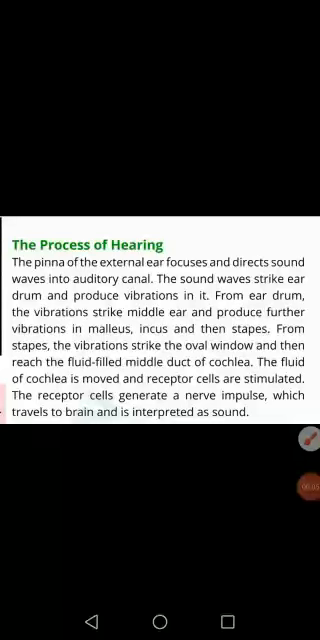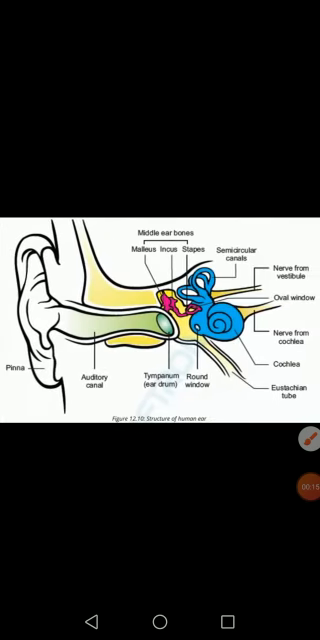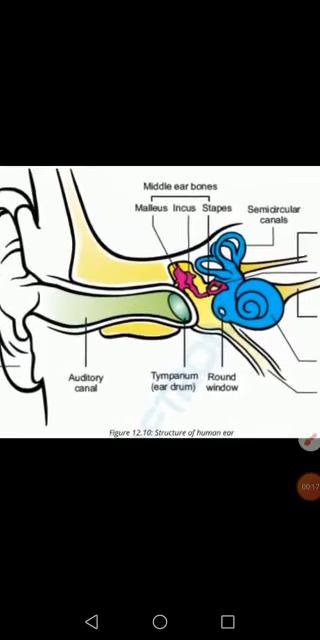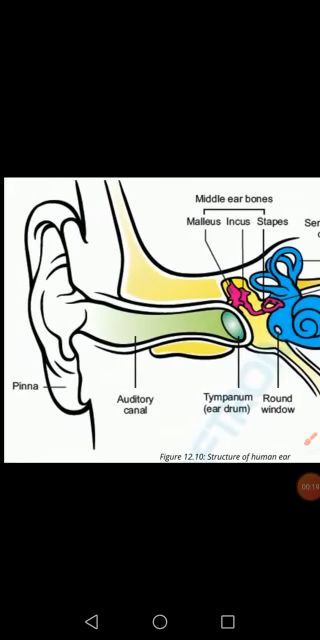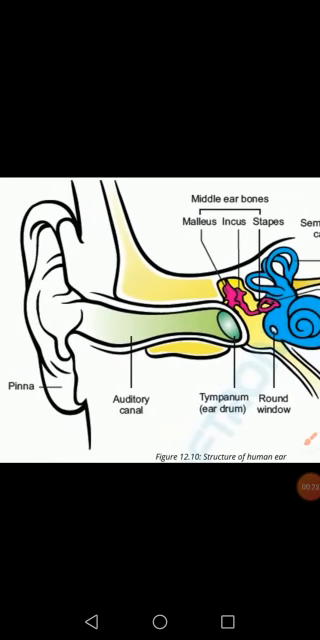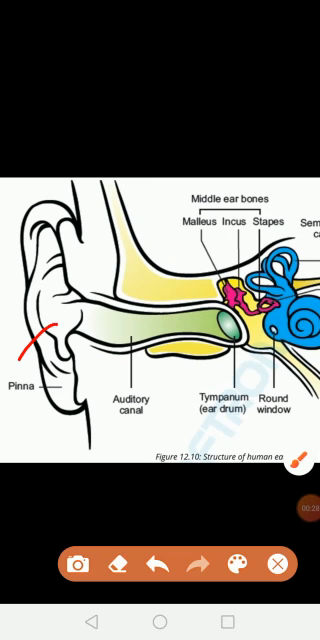We have started here and we have discussed different parts of the ear. Now we will start the process of hearing, how the ear is involved in hearing. As you know, the first part is the external ear. The first part of the ear, that is the pinna, receives the sound waves. Then this is directed into the auditory canal, and then it moves into the next part, which is the tympanum or